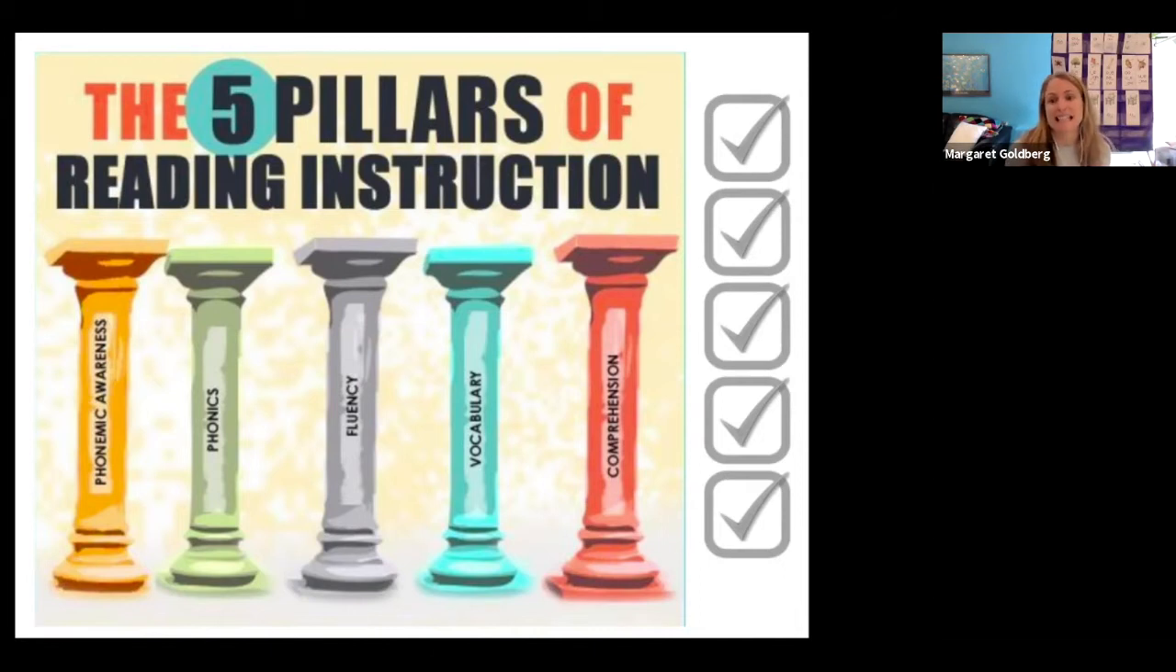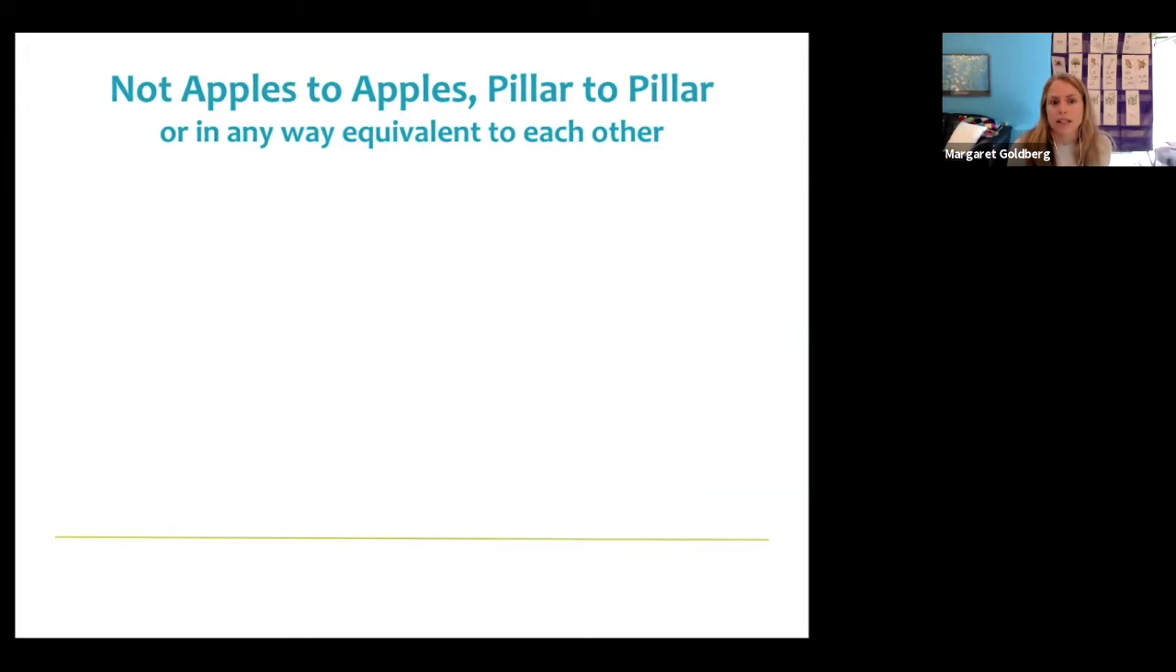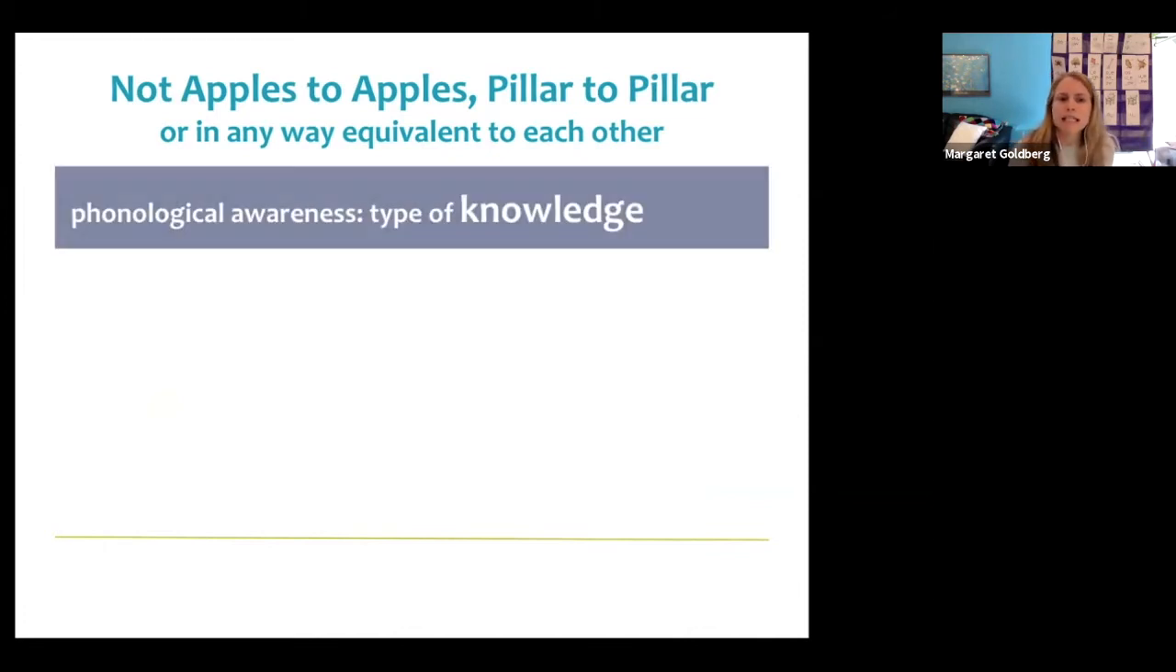You can't synthesize things into a set of 5 check marks like this. So I think one of the things that can be really helpful is for us to understand that these things are not equivalent to each other in any way. We can't say apples to apples, pillar to pillar, these things are the same and therefore we need to handle them the same way. So the most concise explanation that I found came from a publication by Seidenberg, where he explains that